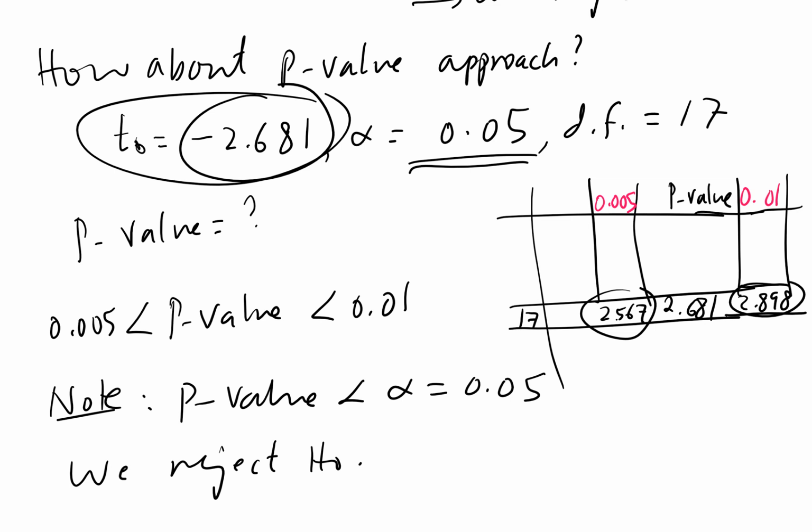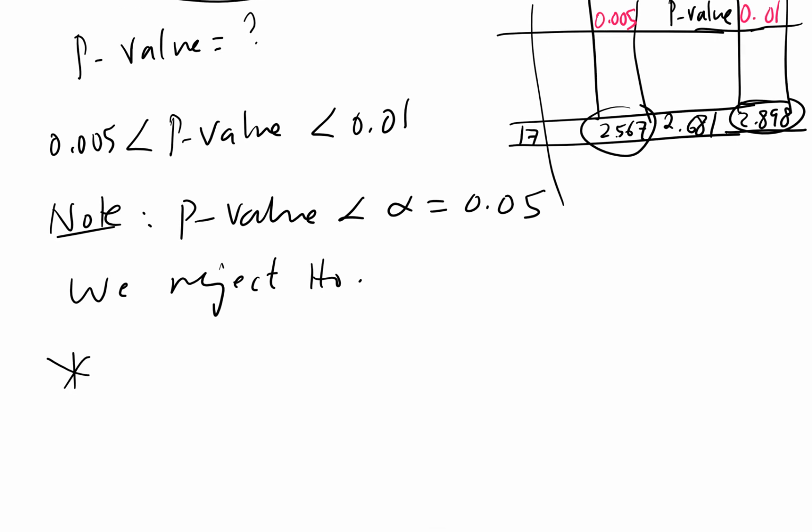We reject the null hypothesis. This means we have really strong evidence against the null hypothesis. So that's what we mean by we reject the null hypothesis. The last thing to talk about again is the interval,